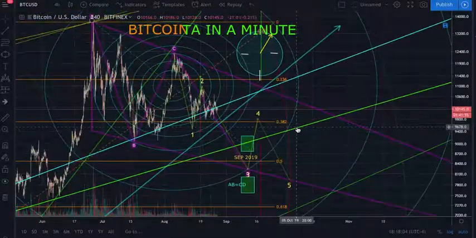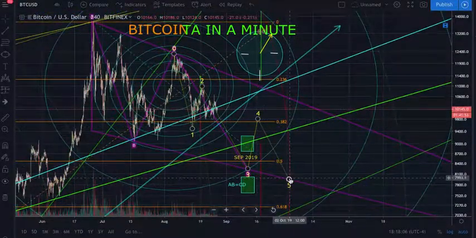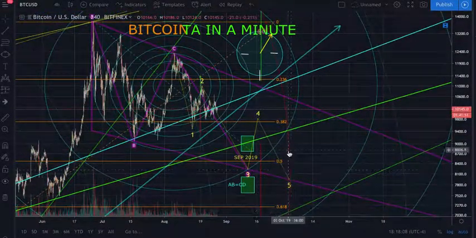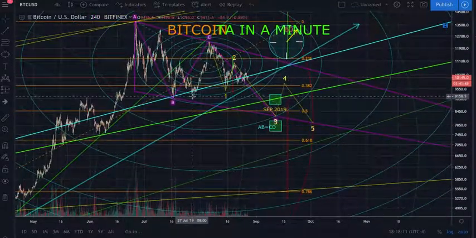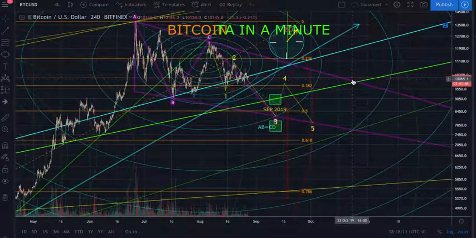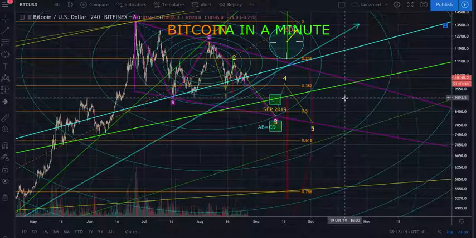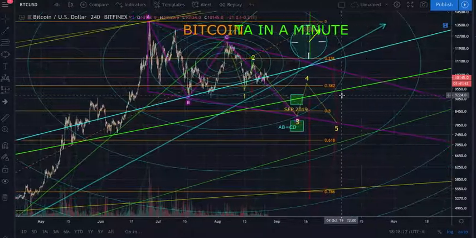So when we come over here, I think there's a very high likelihood that we're going to get a strong interaction off of this one. And if you get this many things lining up in the same way, I mean, you're crazy to think that it's just a coincidence. It's not a coincidence.